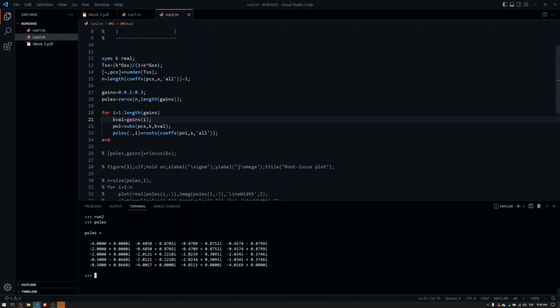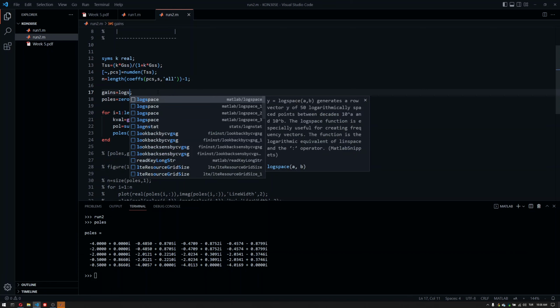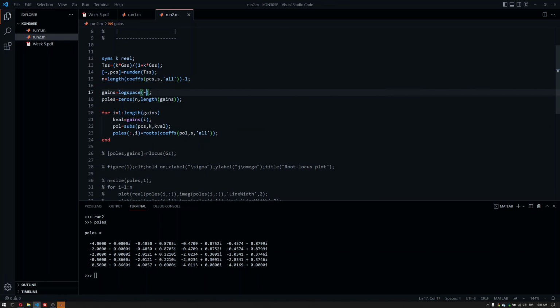Now we have to change the gain vector a little bit. We should increase the interval of that. But if we do it linearly, if we just increase it up to, let's say, 100, it will not be ideal because this will be linearly stepped, but we want to reach, theoretically, infinity, and that's not possible if we do it like that. If I add more and more zeros, it will just become slower and slower. What I can do instead is use logspace, logarithmic spacing. I might just choose maybe 40 points, fewer points, but the gain values will